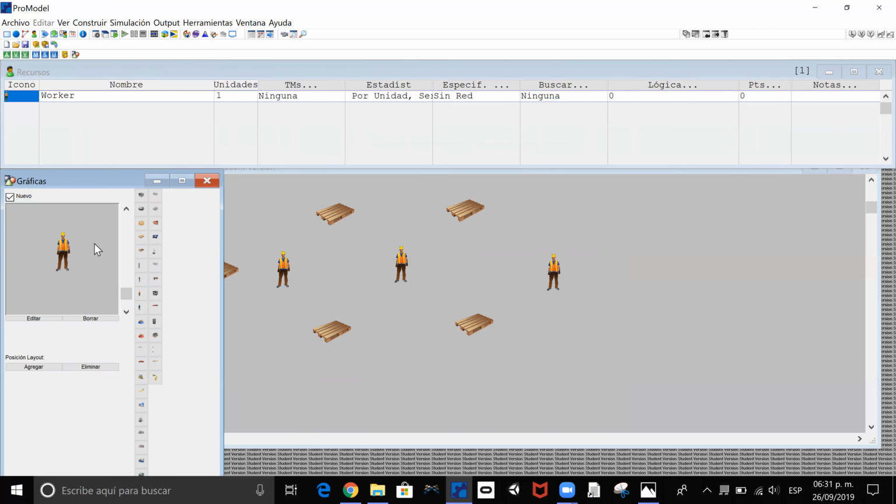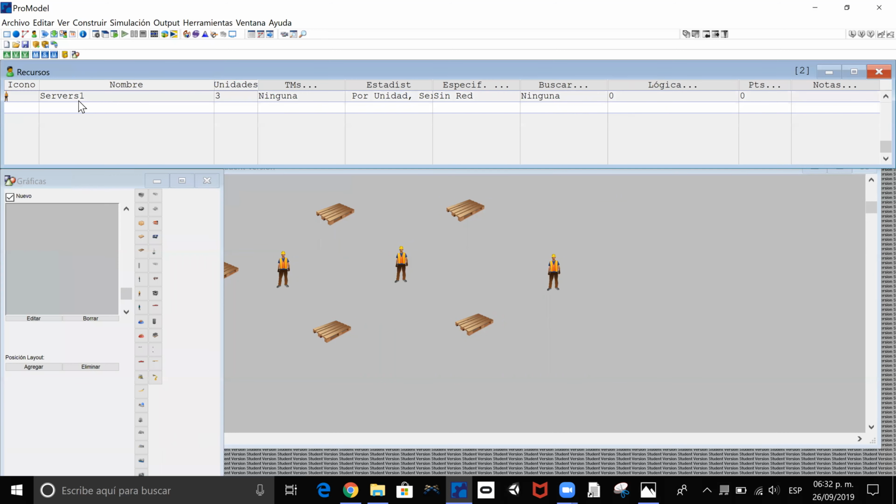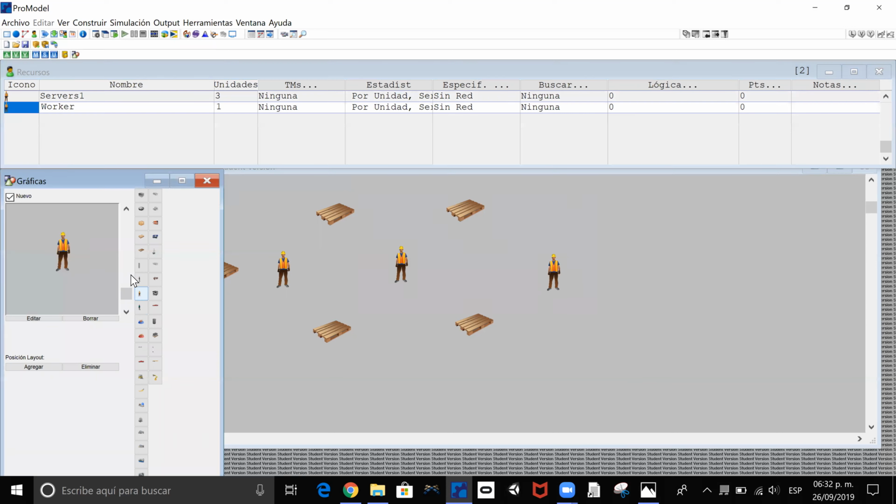I'm going to choose the same icon, and I'm going to say that the first one is called servers one, servers one for process one, and there are three servers. I'm going to create another resource called server